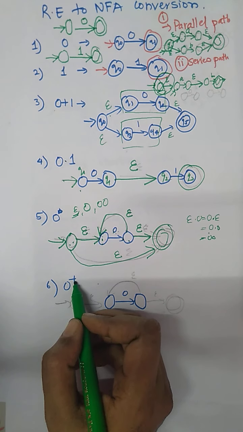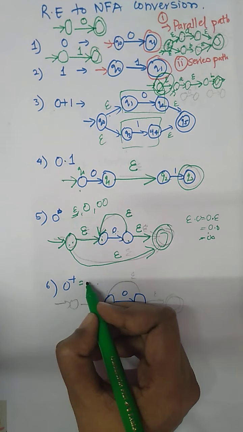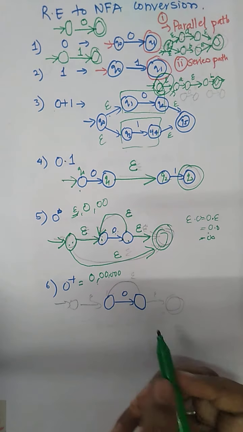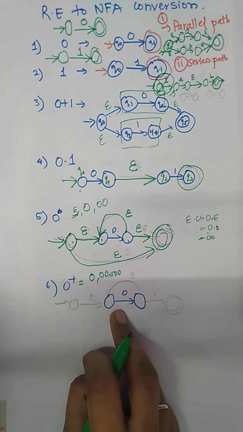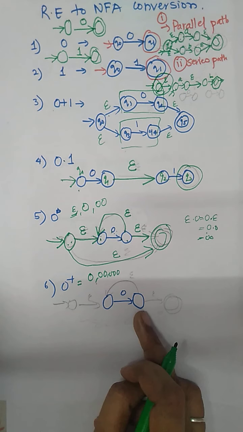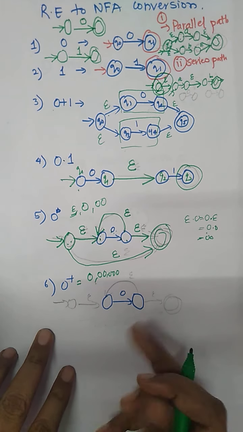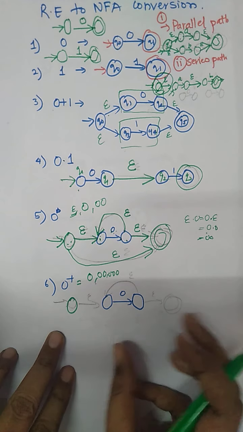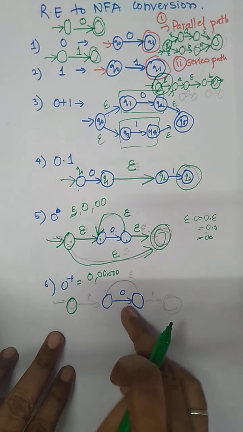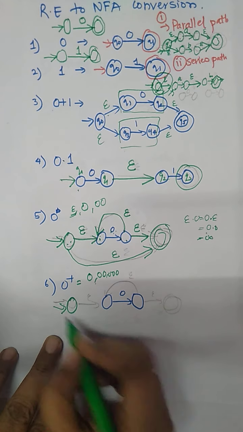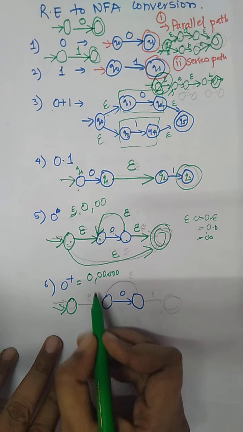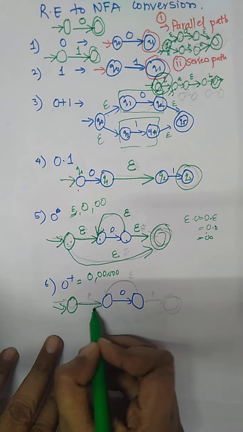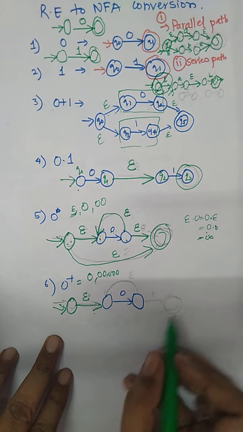Now the 0 plus sign. 0 plus is equivalent to single 0, double 0, triple 0, and so on. Here we have 0 with temporary initial and temporary final. Now what extra thing are we going to add? We have to draw the big diagram first, for the plus sign, not only for 0. This is the initial state. I want single 0, so 0 is here, and I want to reach single 0 with an extra arrow, extra epsilon.